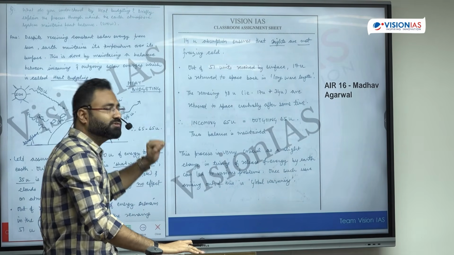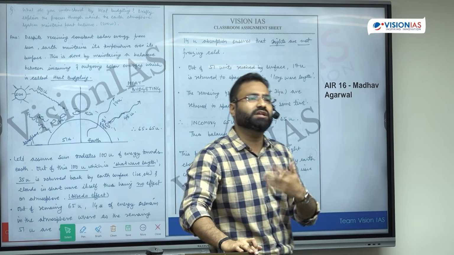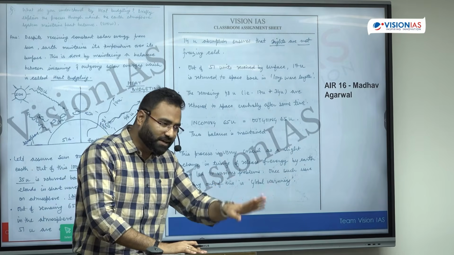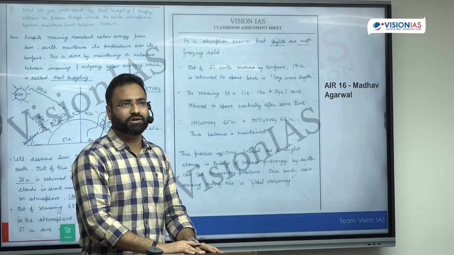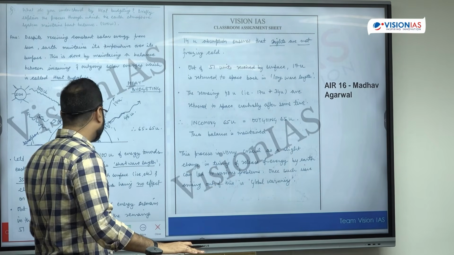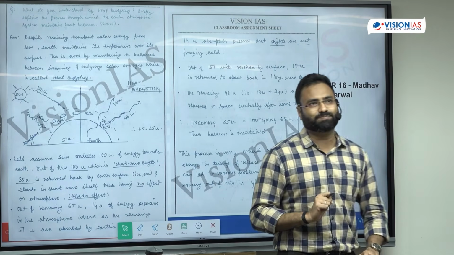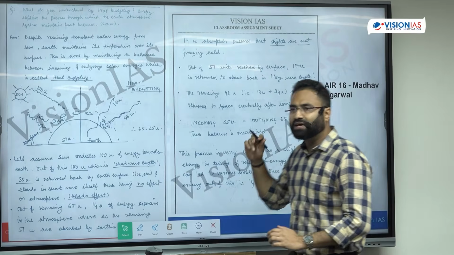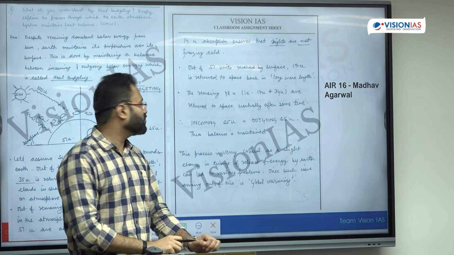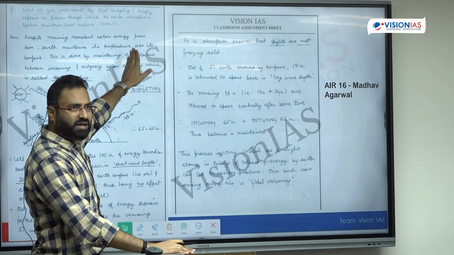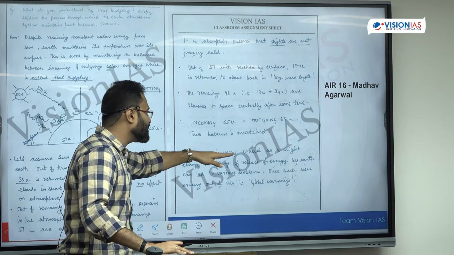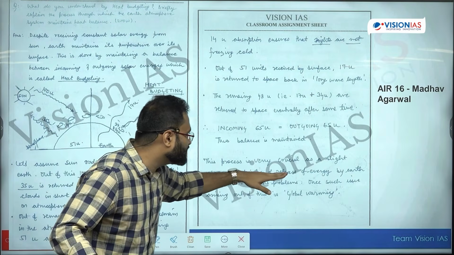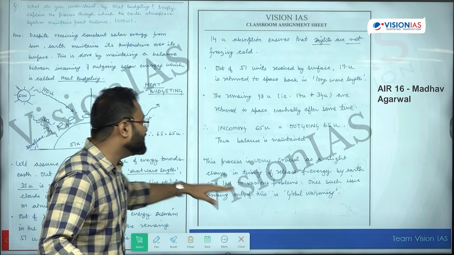Now a very good thing is that he has also provided the numerical value. You can even avoid that particular thing, that's completely fine, but adding numerical values gives further awareness about this particular concept. Then he has incorporated the key terminologies with respect to this particular subject, and once he had given the entire process, in the end there has to be a certain conclusion. So see, the question was appearing comparatively static, so he had given a conclusion that the process is very crucial, as a slight change in the energy released by the Earth can lead to various problems.